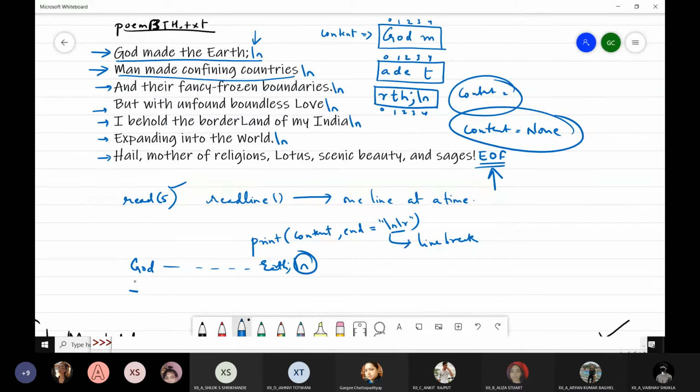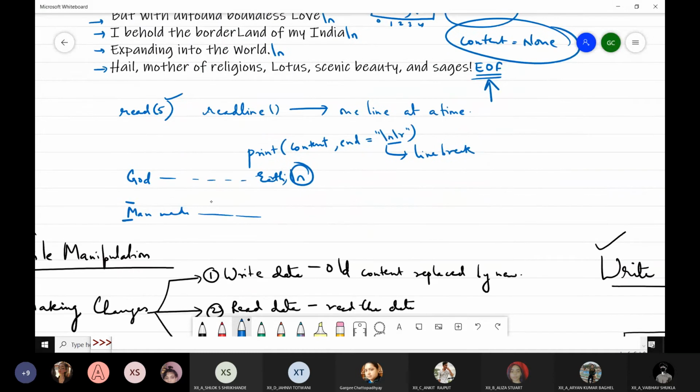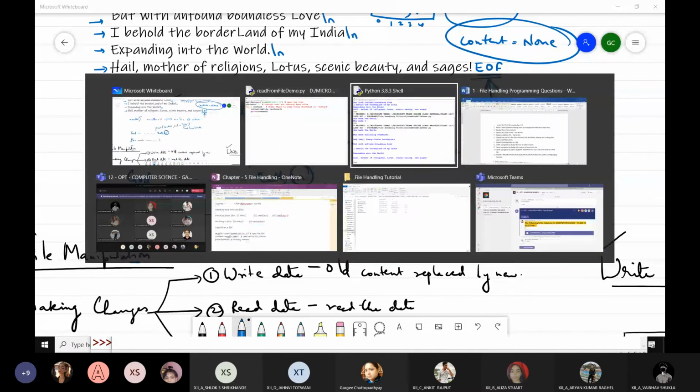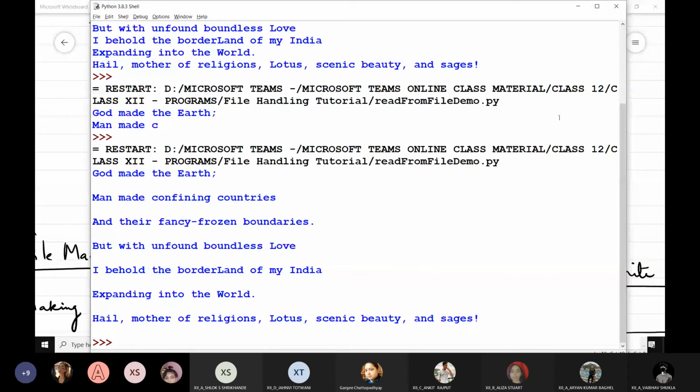It will change the line because of the default value of end in the print statement, and again it gets an end of line character at the end of that line, so again it will change the line. That is the reason why you can see this extra blank line everywhere, which is a result of the end of line character at the end of every line.